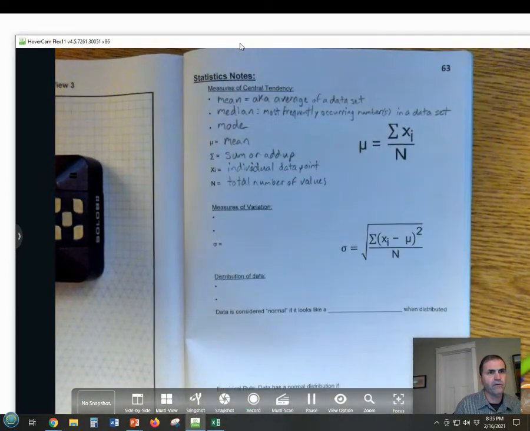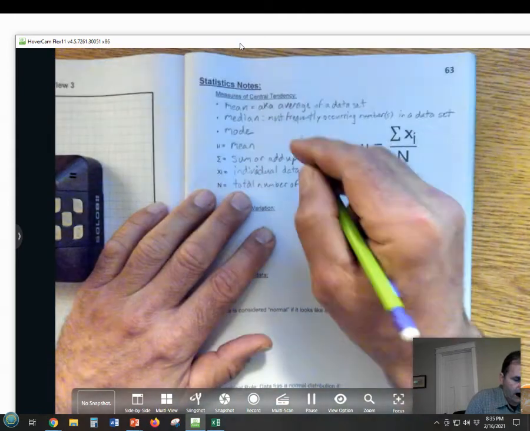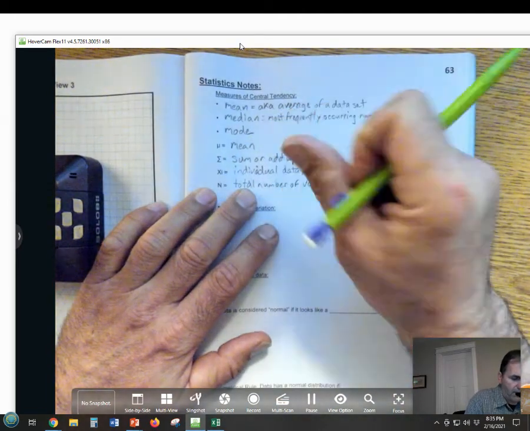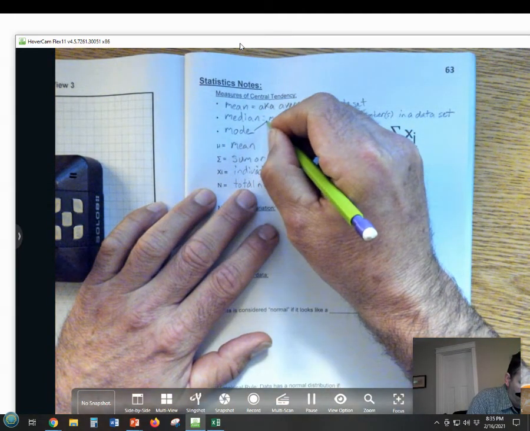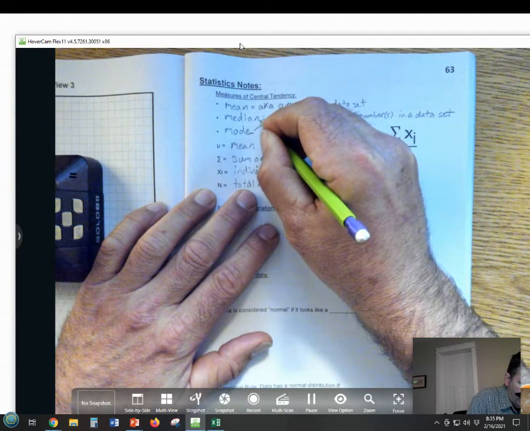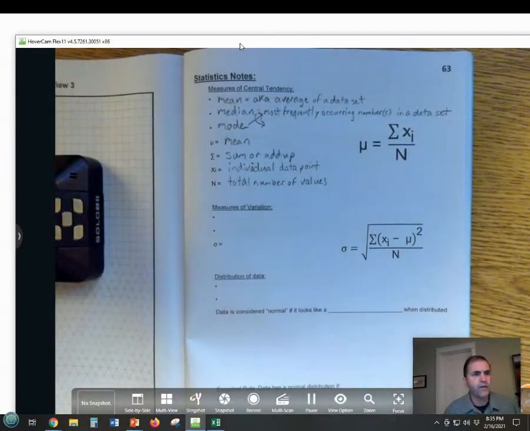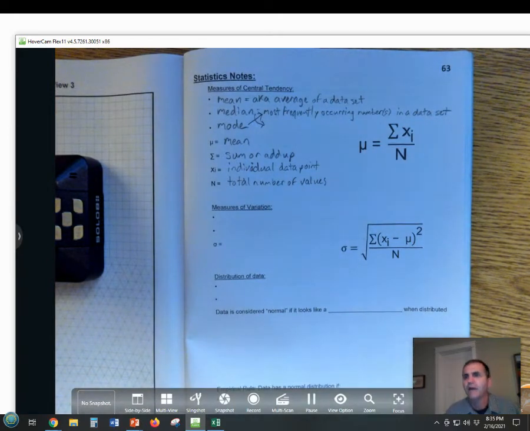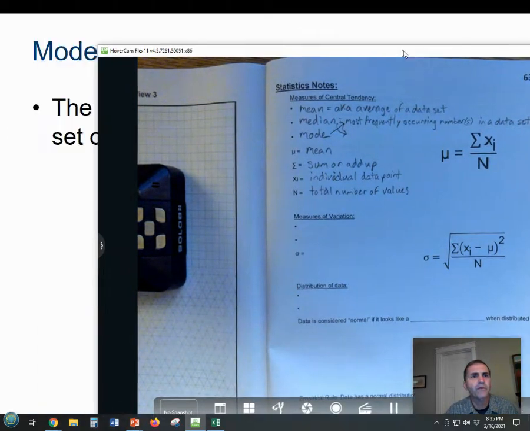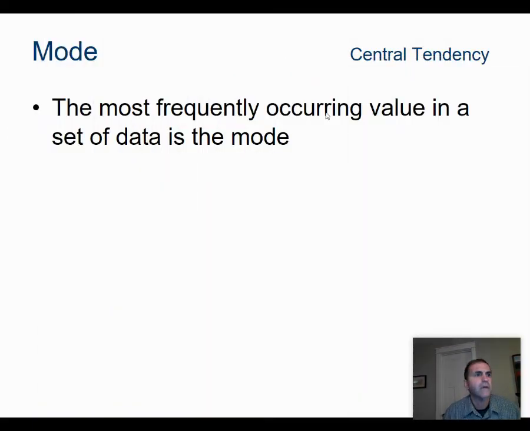Oops, I put that in the wrong spot, folks. I'm going to switch these. Sorry about that. And then we'll go like this. So if you draw those little arrows, we're okay. You probably were saying, what are you doing? All right. So the mode is the most frequently occurring